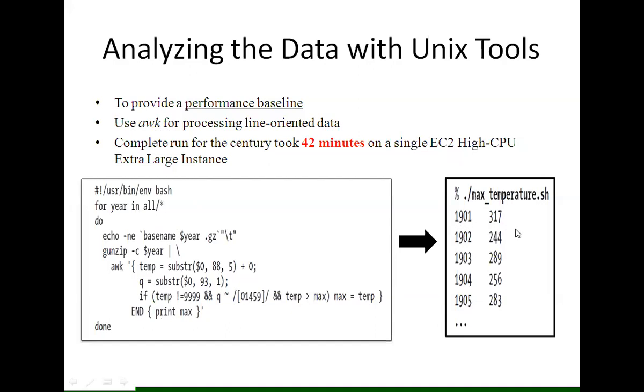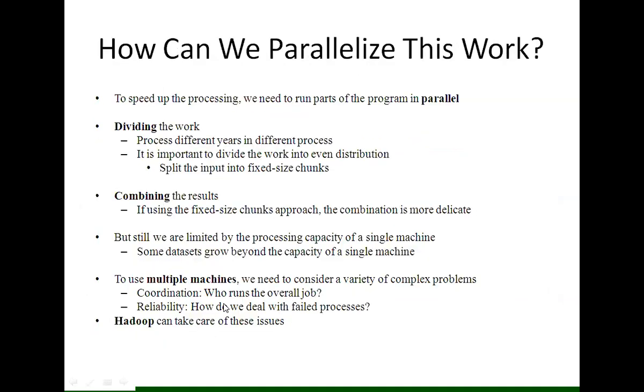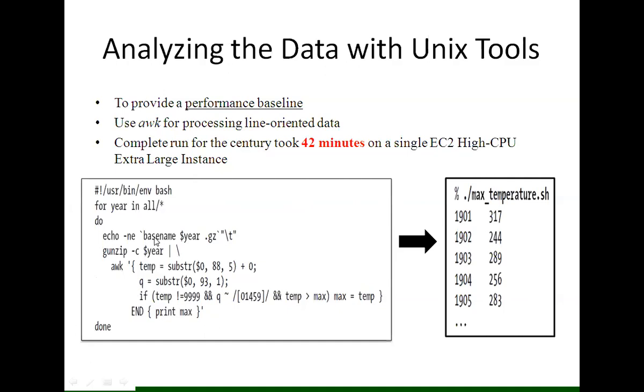So this is the expected output for this program itself, right? Here you can observe that it takes 42 minutes on a single EC2 high CPU extra large instance. So when I'm running this code on this particular configured system, it takes 42 minutes to produce the output, right? Similarly, now what we can do with the MapReduce program is, instead of taking everything as a single file and processing it, which is the reason it took that much time to produce the result,